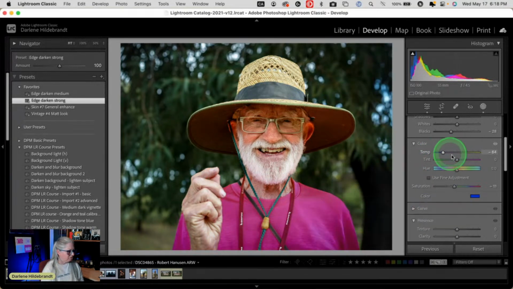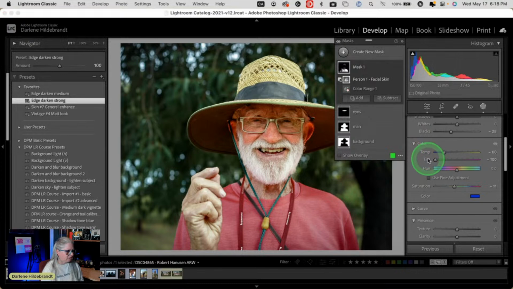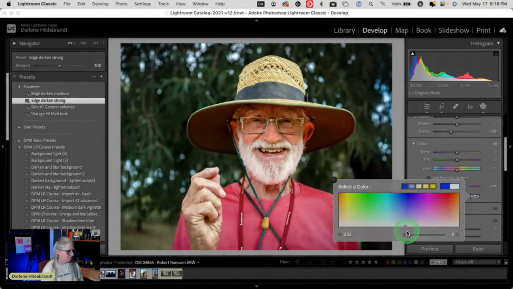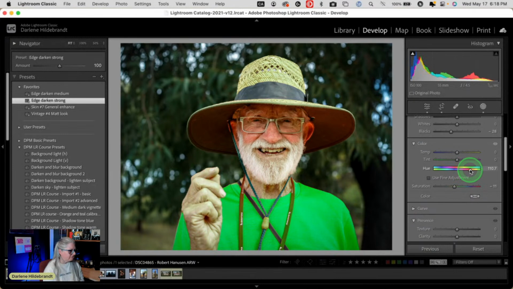If I go more blue this way, now let's go back to get rid of this color. Okay, let's try this one. So this is a hue shift. Okay, look at that. Now we got a hue shift. Now we can have a blue shirt, right? Now I can do things like